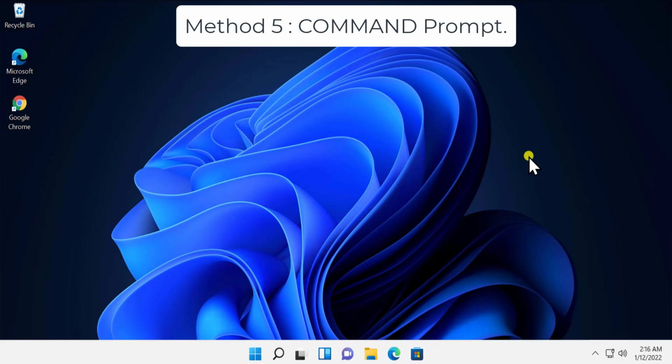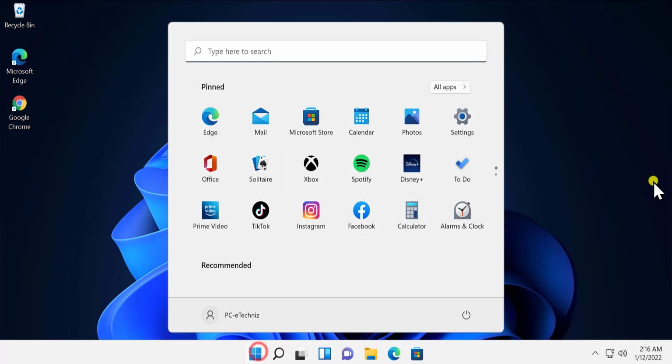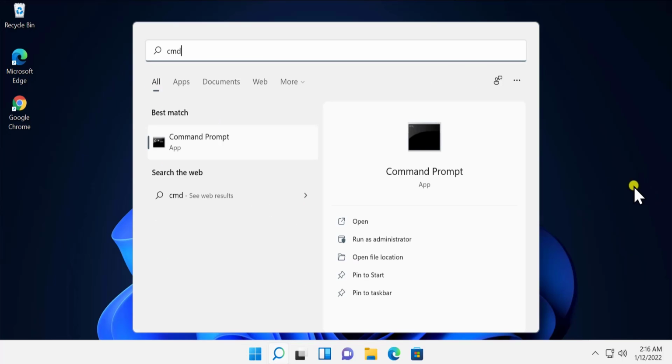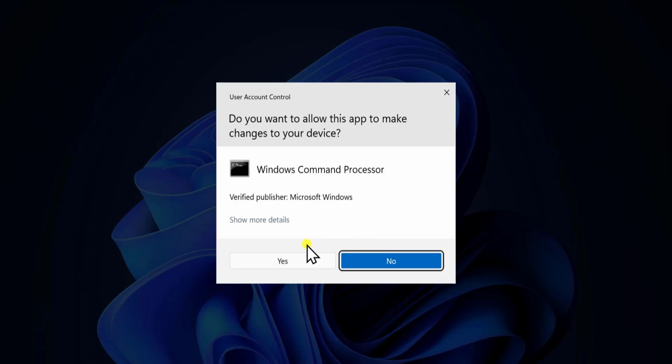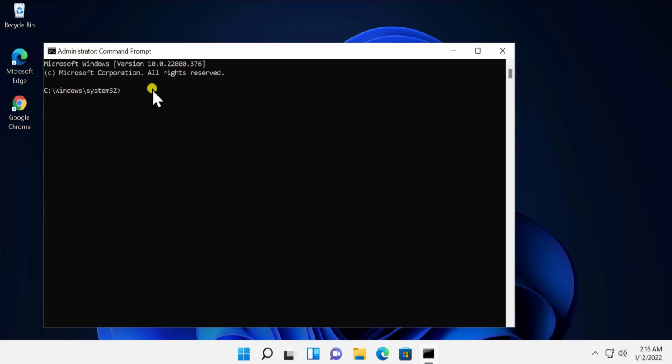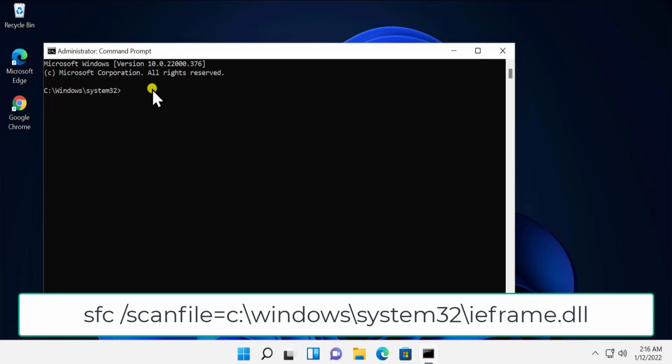Method 5, Command Prompt. If none of the methods work for you, then you can use this method to fix your problem. Click on Start, type cmd, click on Run as administrator, click Yes. Here you have to type commands. The first command is